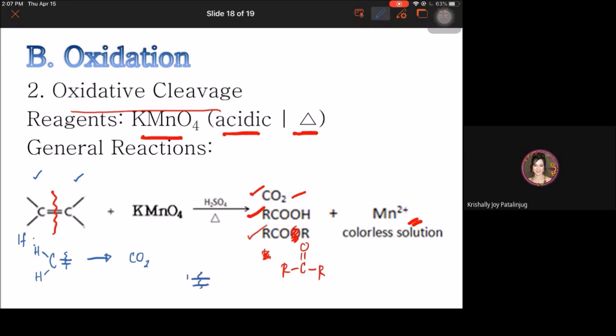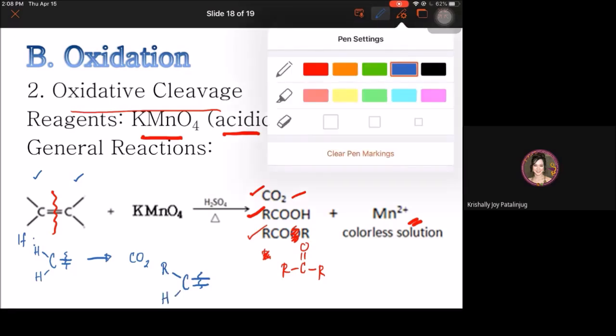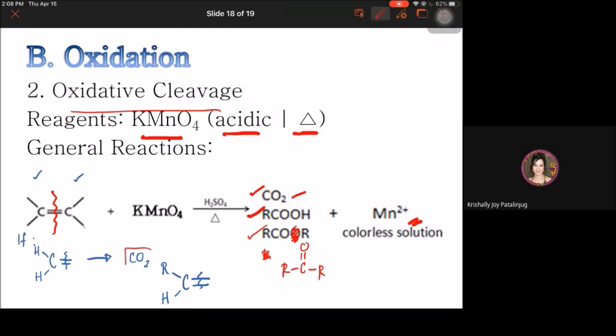Let's say a carbon here. The cleaved part has one R group directly attached to the carbon, right? That is the R group. Then the other one is hydrogen. That part becomes a carboxylic acid. What is a carboxylic acid? Right, carboxylic acid is